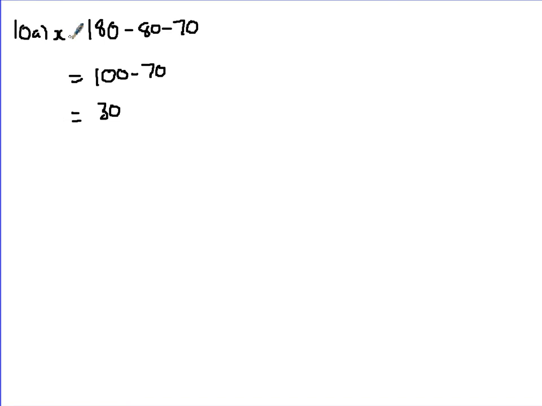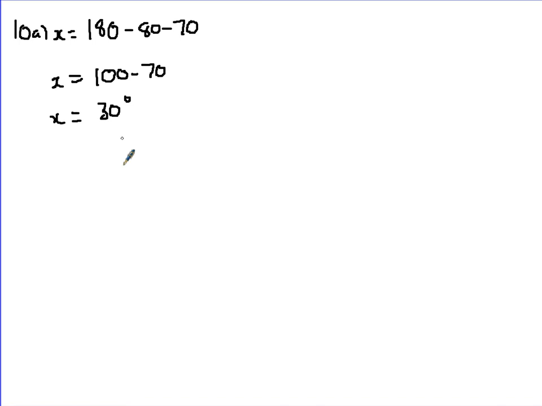Question 10, angle question. Work out the size of the angle marked X. Got 10A there. So we know it's 180 degrees on a straight line, so we're now going to take off 80 and 70. We'll take off 80 first of all, you get 100, and then take off your 70, you're left with 30. So X equals